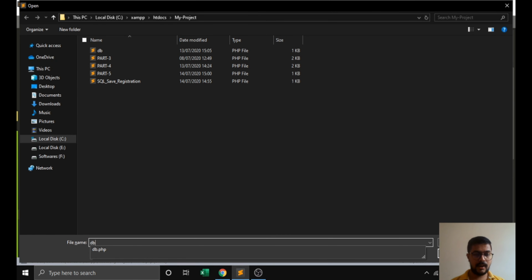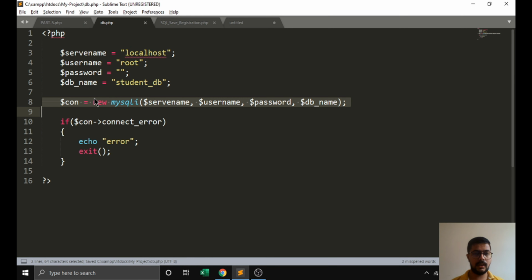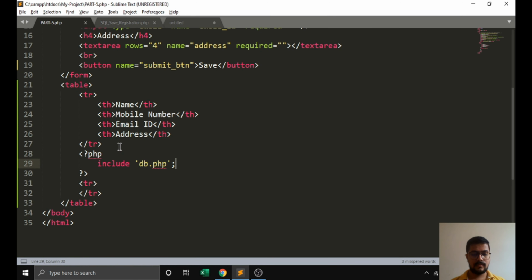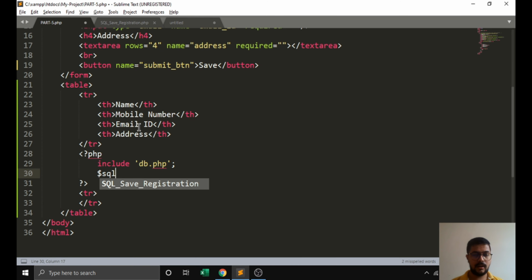In the DB file we created a database connection, and we have this variable for database connectivity. We have to create an SQL statement for loading the data.